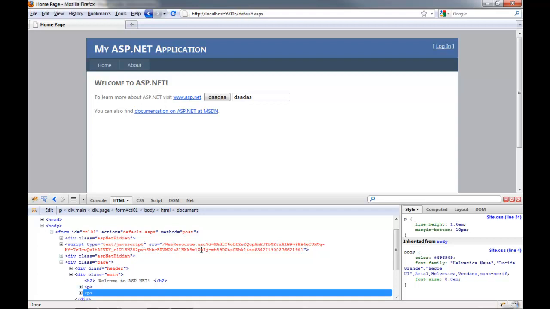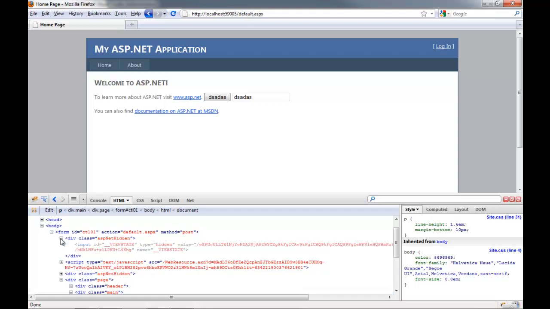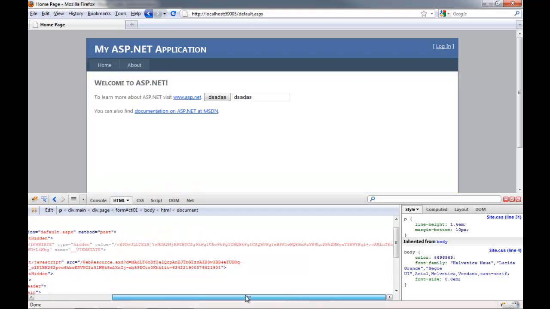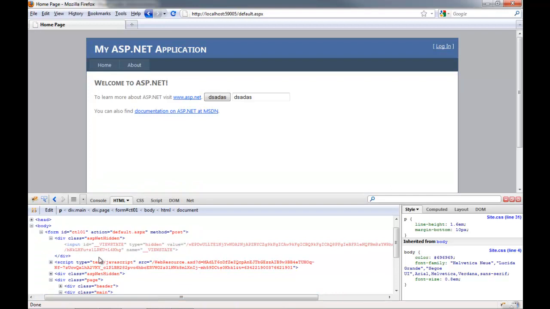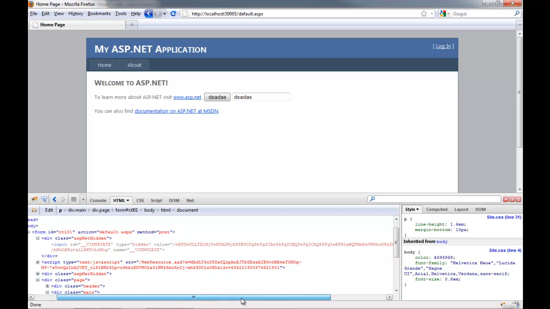Look at this guy. Or no, not that guy. Where are you, ViewState? It's in ASP.NET hidden. This thing is the devil. The ViewState essentially contains all of the properties of all of the controls on your current form, and I think it's base64.